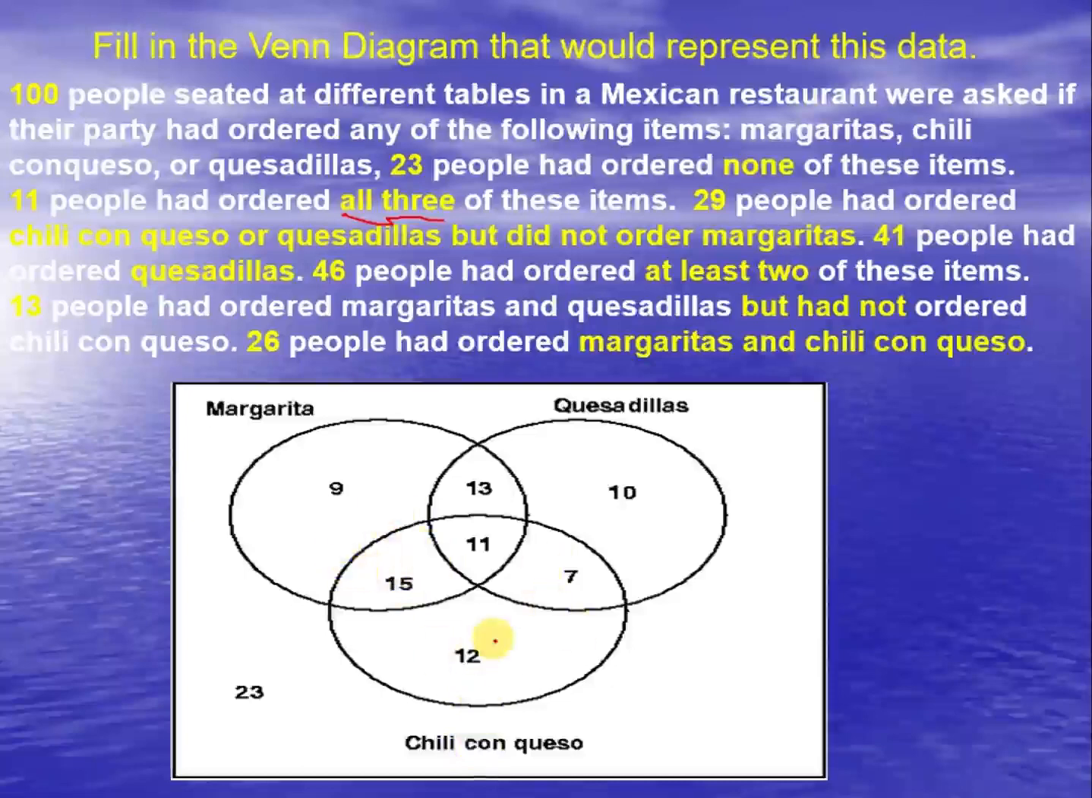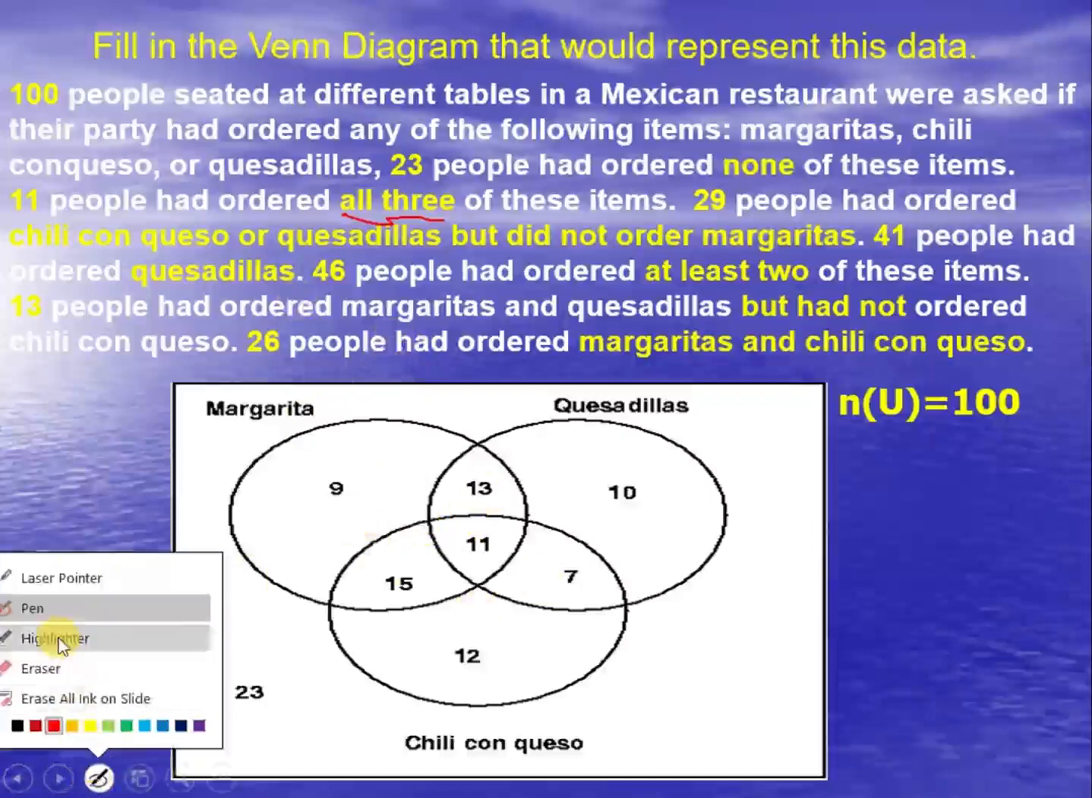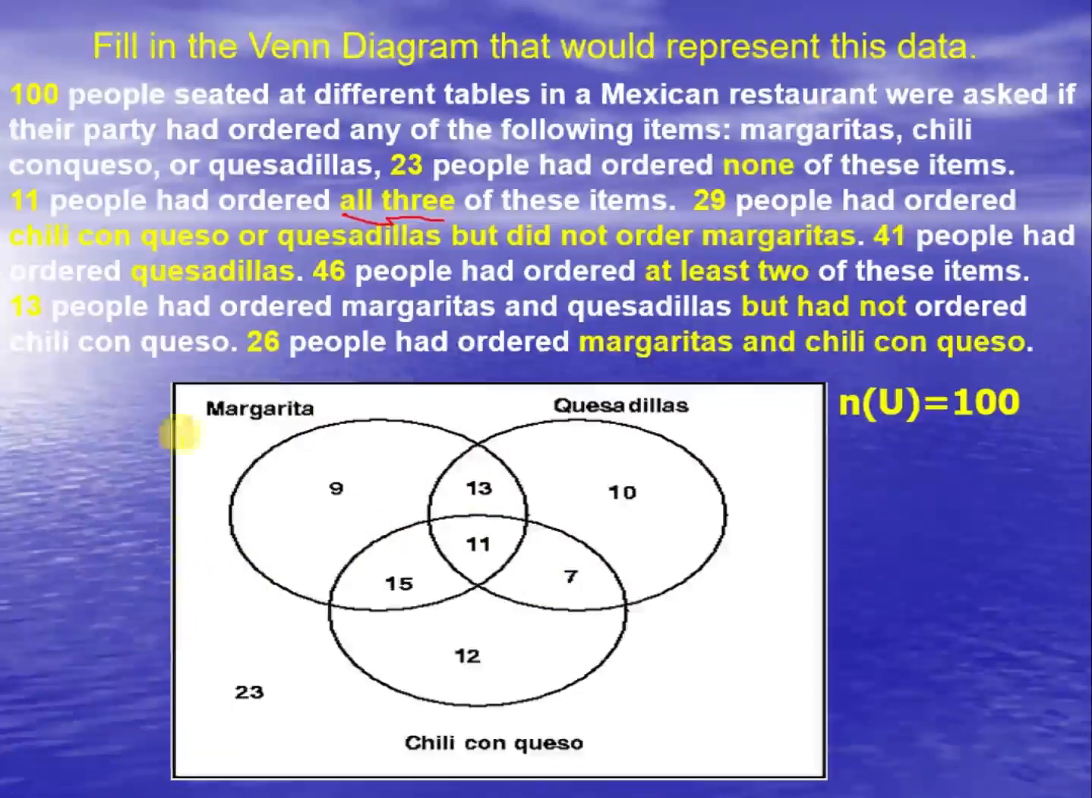to understand it. First of all, it says that 100 people were seated at the different tables in the Mexican restaurant. So the universal set here is 100. So everything inside this diagram, or Venn diagram, is what? 100. So you should take note of that. Now out of these,